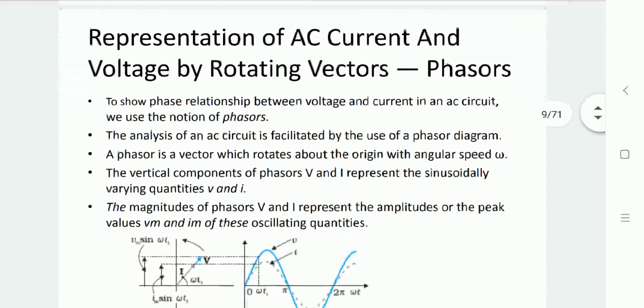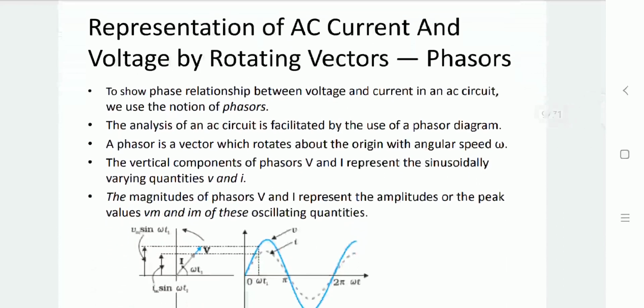Now let us define that, as we have discussed, the phase difference between the voltage and the current generated by connecting the resistor with the AC source is 0. The same thing we can represent with a graphical method, known as phasors or the phasor diagram. In that we can get the relationship between voltage and current for the AC circuit. So the analysis we can do from here.